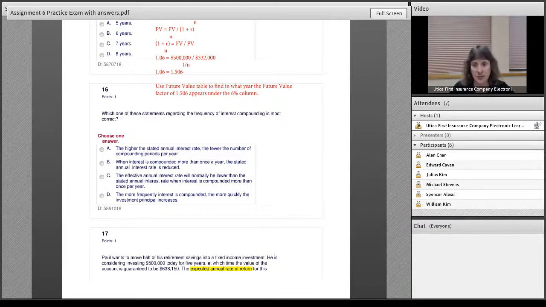So those are the times when you have like a semi-annual interest rate, it pays 6% twice a year. And that's why, too,